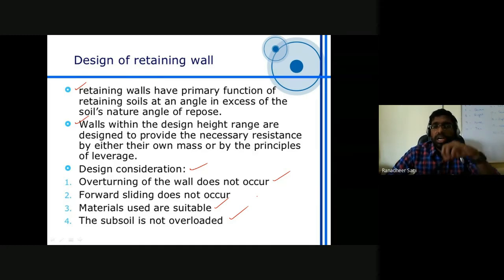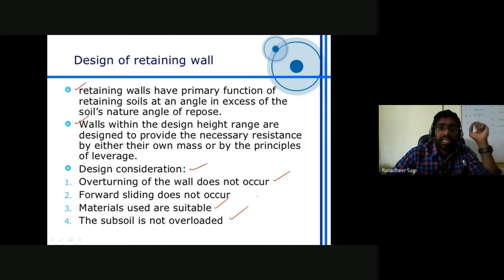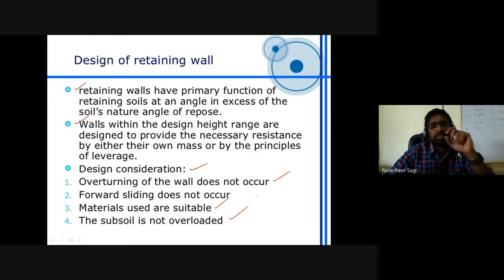So based on that, the load that you want to transfer through the retaining structure onto the soil should be less than the allowable bearing capacity of that particular soil on which the retaining structure is constructed. Some of those technical terms like bearing capacity, allowable bearing pressure, and so on, we'll try to understand in the next subsequent units. In the third unit, we'll be more clearly understanding about that.